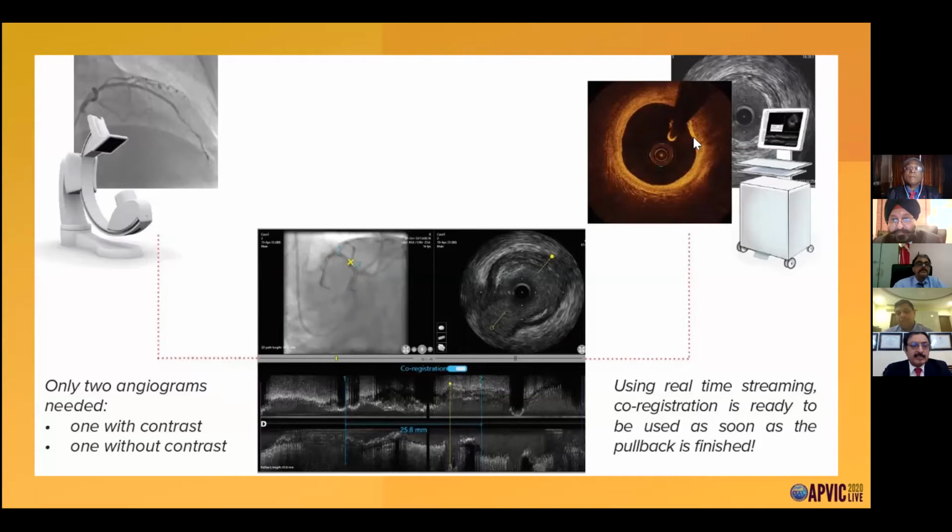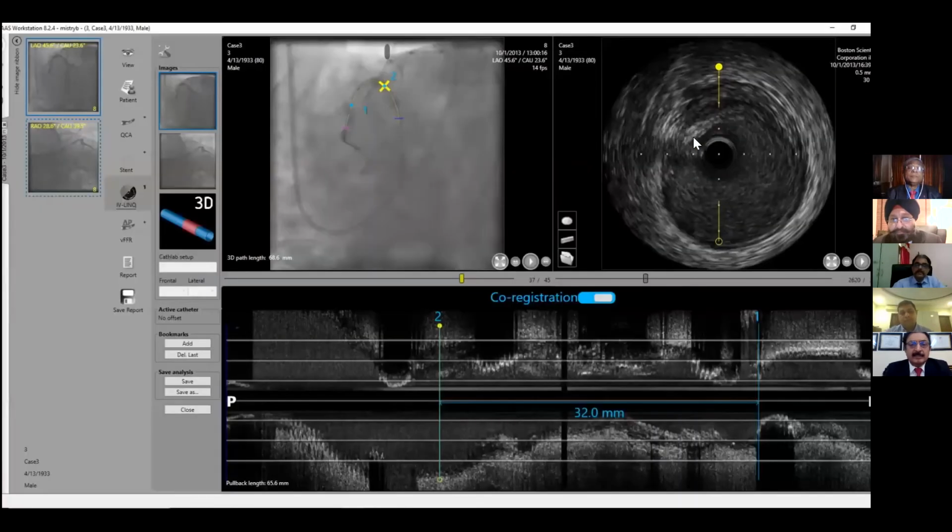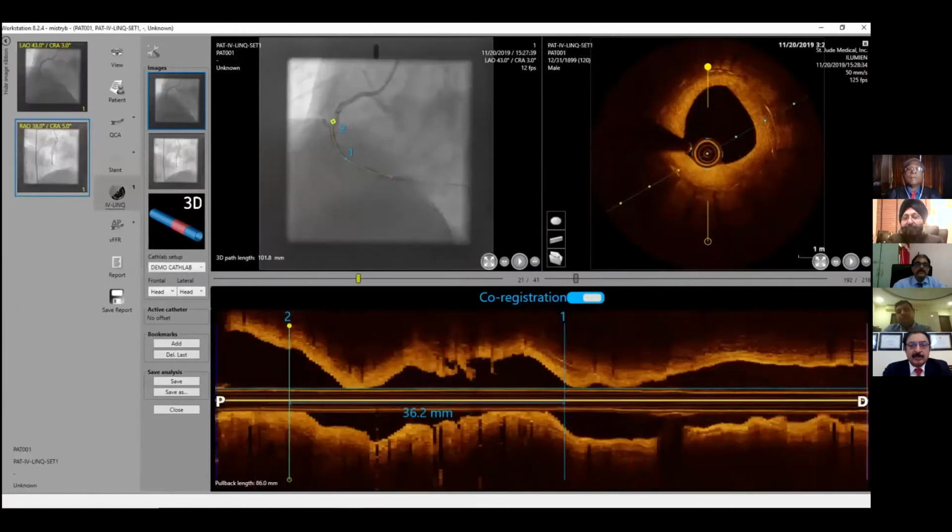And what is required is only two angiograms with 30 degrees angulation apart, with only single contrast, and then you have these excellent correlations which help you not only to know the anatomical lesion, but to know where the issue is, what the issue is inside the vessel, both in horizontal and cross-sectional view. And then it correlates. If you see the yellow dots here, you can correlate the exact position in the three-dimensional view. Where is your catheter, where is the lesion, and what is the internal view there and the angiographic view there.